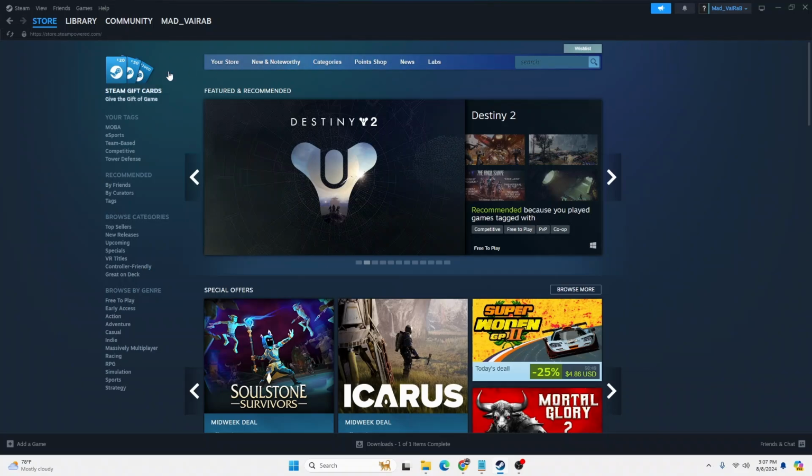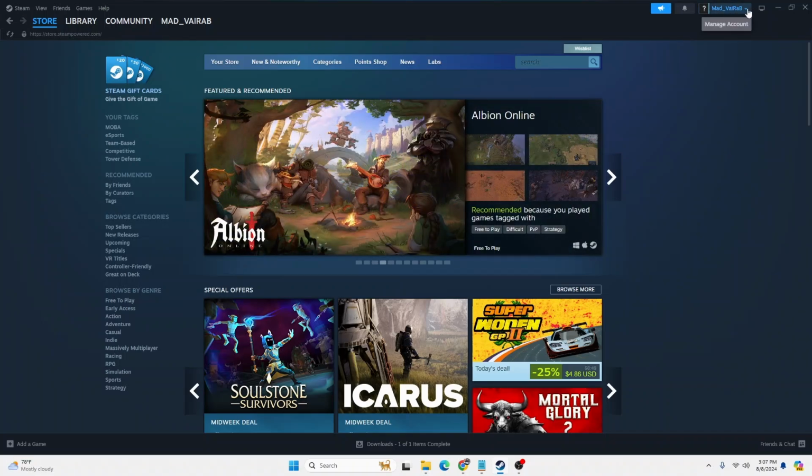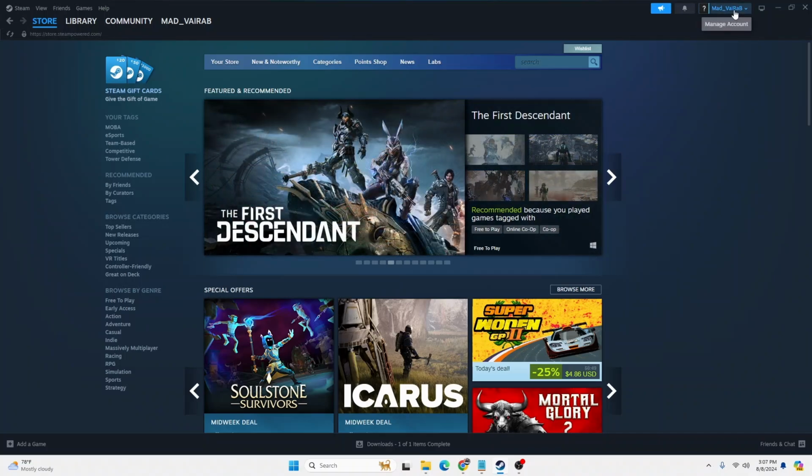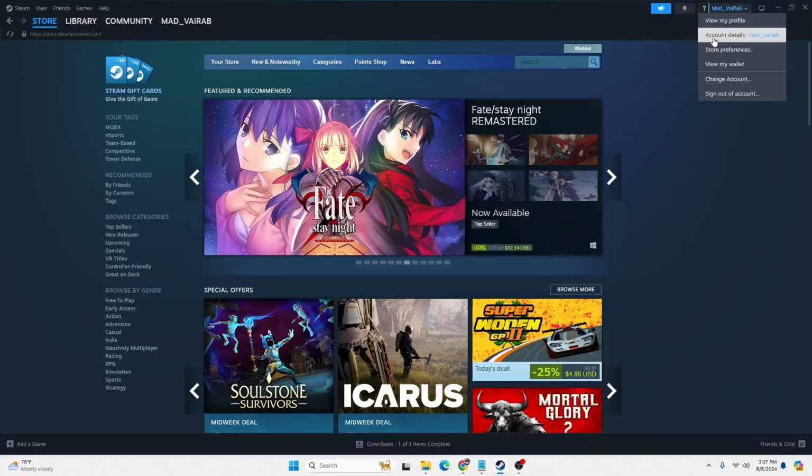I have already logged into my account on the Steam app, guys, and on this interface at the top right corner of the screen you can see there's a username available for us with the drop down arrow. Click on your username with the drop down arrow at the top right corner of the screen, and this kind of interface will appear where you can see the account details option available for us, which is the second one. Just below view my profile, click on the account details